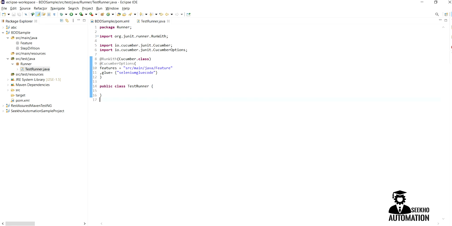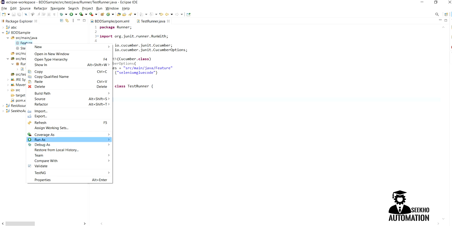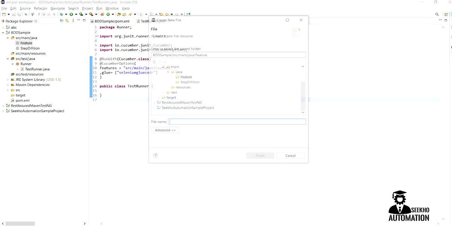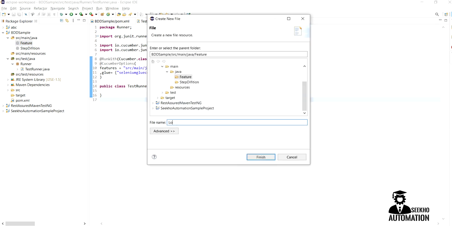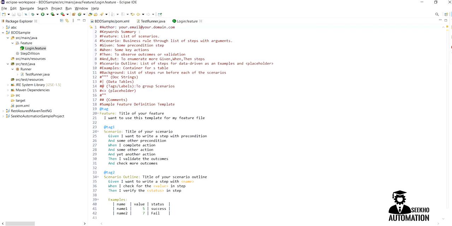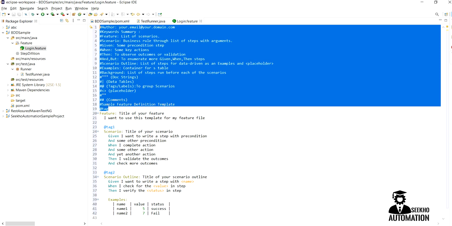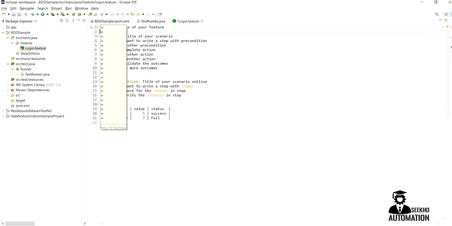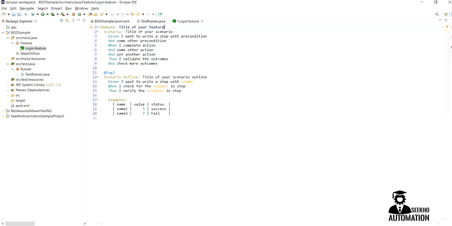Or we can do one thing. First we need to create the feature file. We can type login.feature. Your feature file is ready. We can remove this, which is not required as of now, and this is also not required.